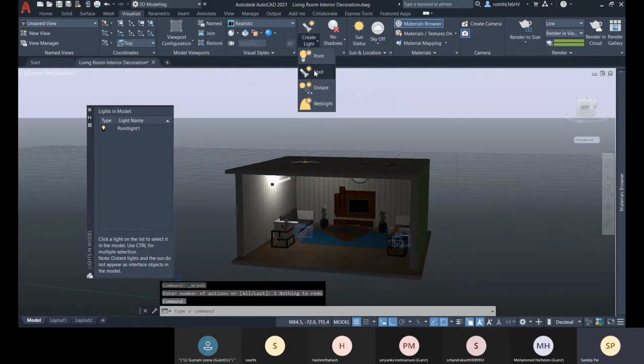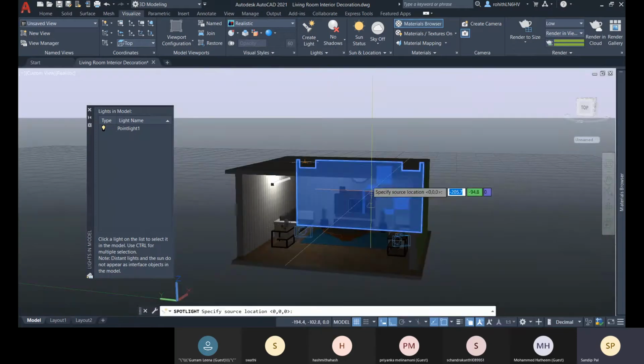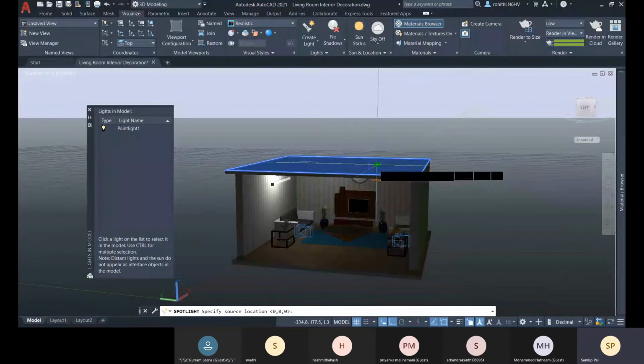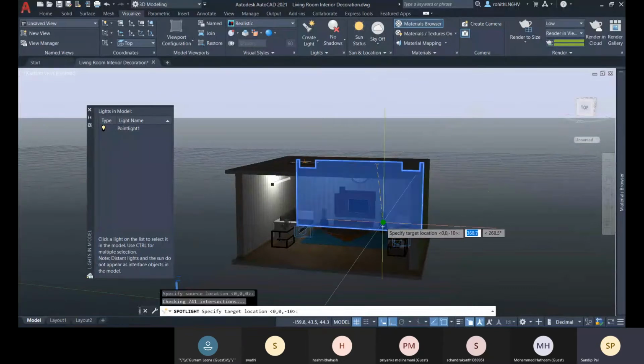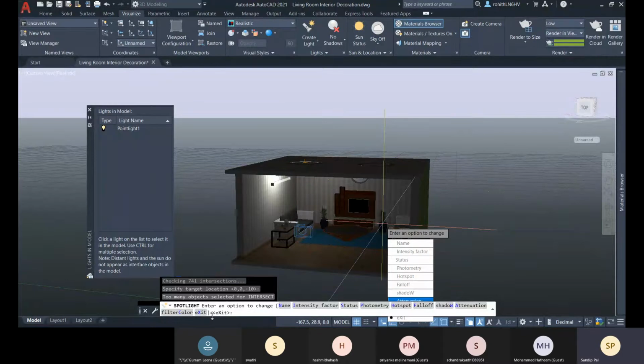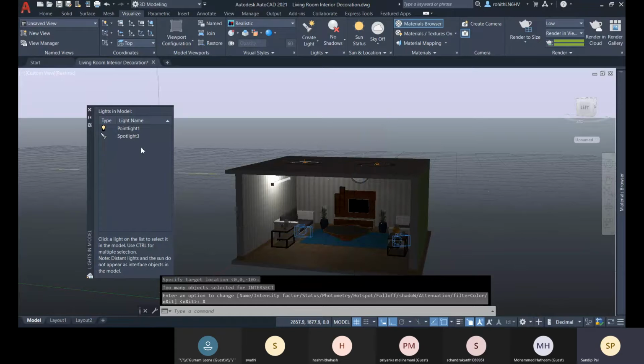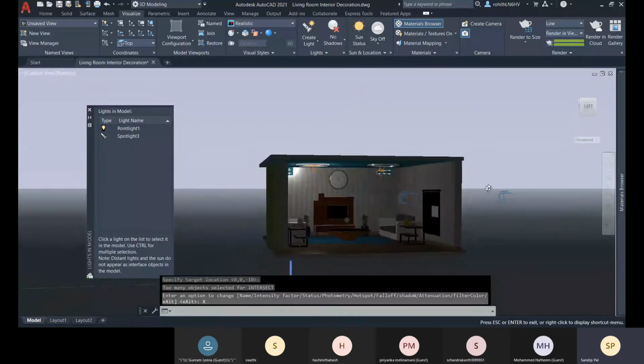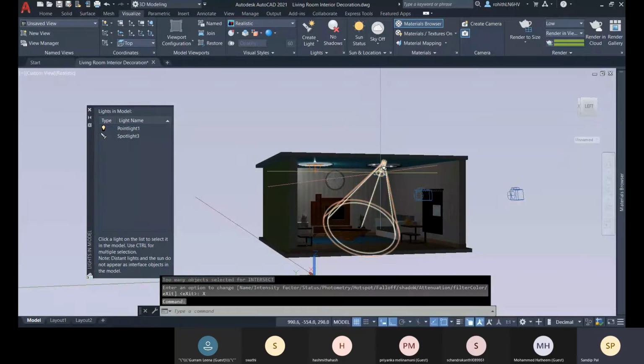The placement is not done. Let me go for spotlight, and from there let me place it here. Yeah, so now spotlight 3 is there. Let me select the location and change it.